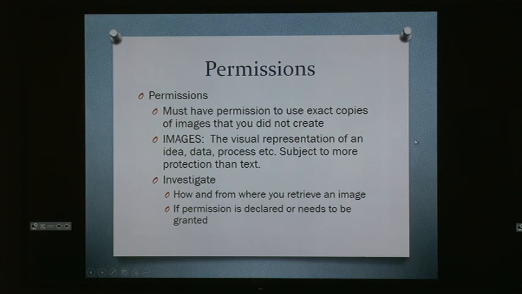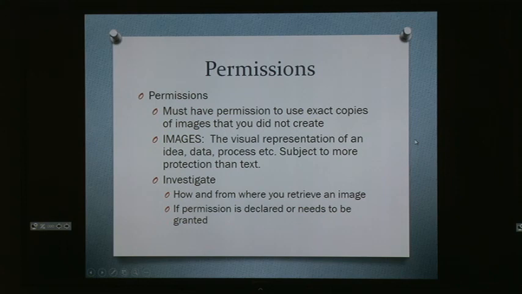Okay? What you should do if you need to use an image that you did not create, investigate where you're getting that from. If you're just going on Google Images and pulling the first thing off that you see, you don't know the origin of where that came from. You don't know if there's permission for that person or that entity to use that. So investigate where it's coming from and try to get the original if possible. I think Google has actually done something recently to protect this. They don't let you just go on and grab anymore. They make you go to the website to actually get the original image. So there's more and more protections out there for images, so we need to be careful.